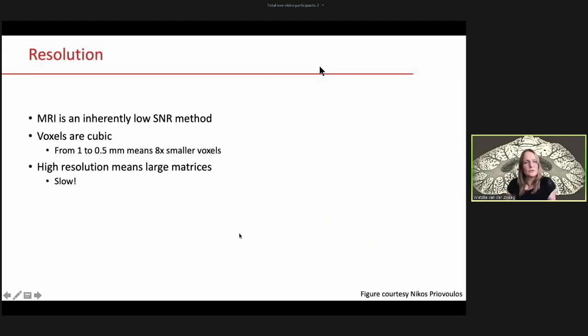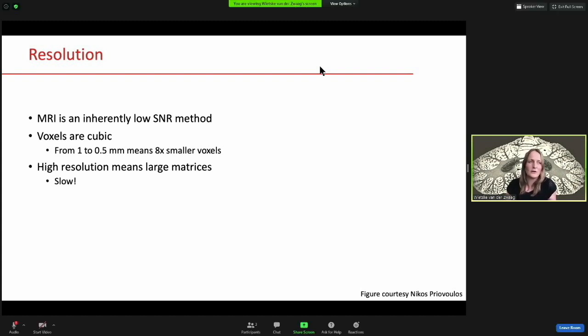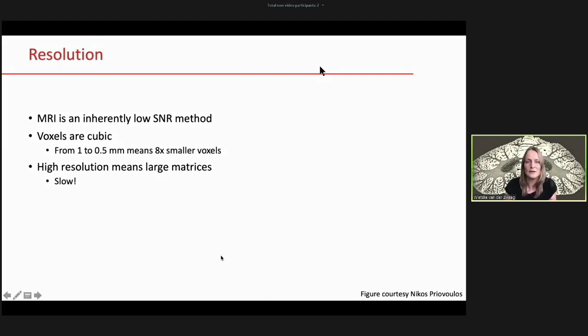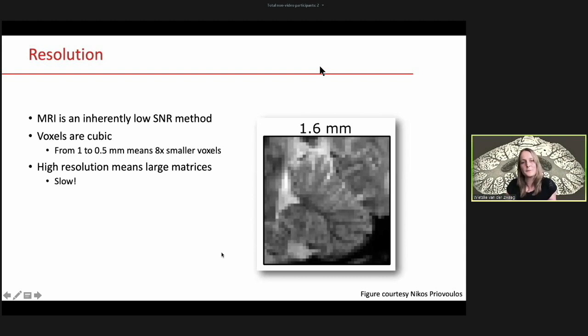So why is that such a problem, this resolution? Well, MRI is an inherently low SNR method. The signal that we're working with is small, and in humans, it's even smaller because we have to work at room temperature. So what you also have to remember is that voxels are cubic. So going only, say, half from 1 millimeter to half a millimeter is kind of a large step in terms